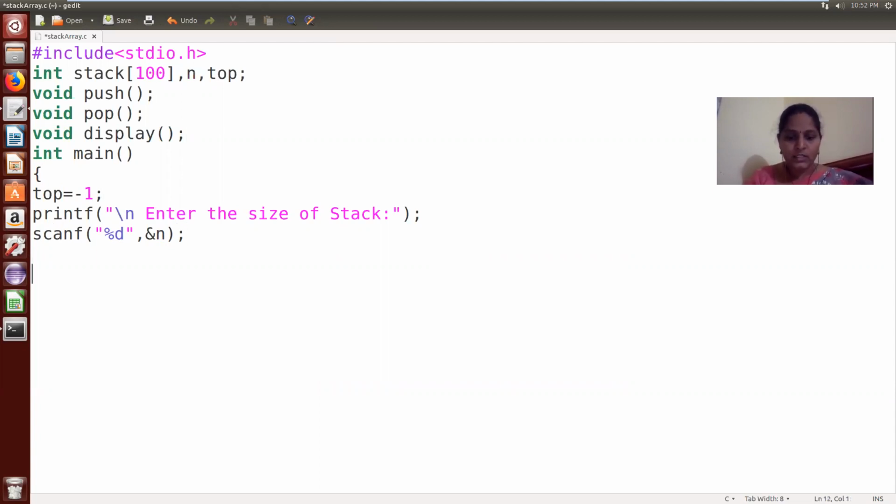Next, write the menu: printf stack operations. Next, write the operations you want to display: push.